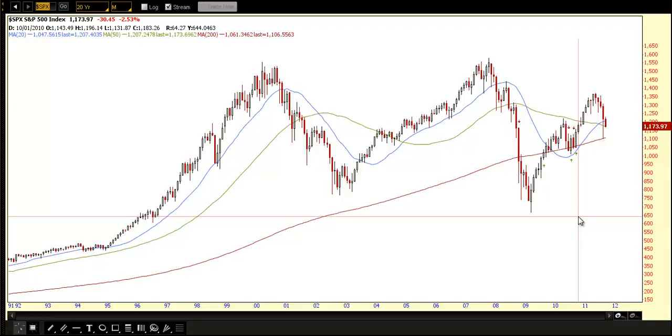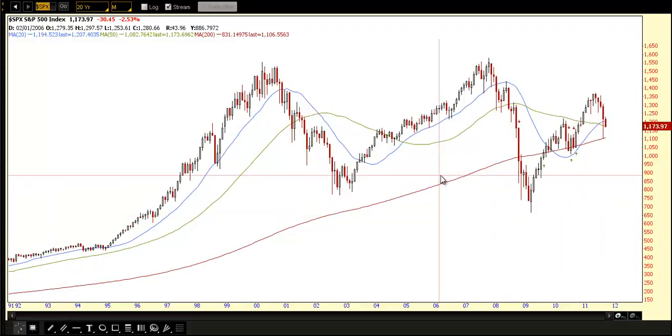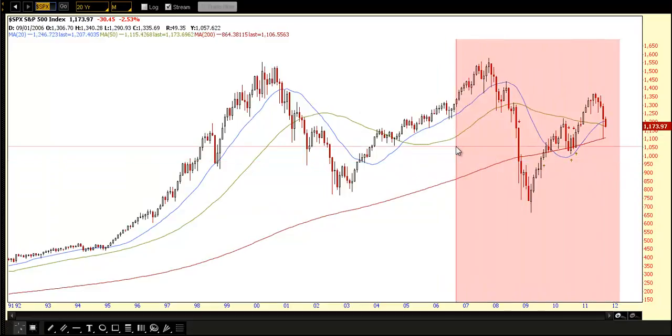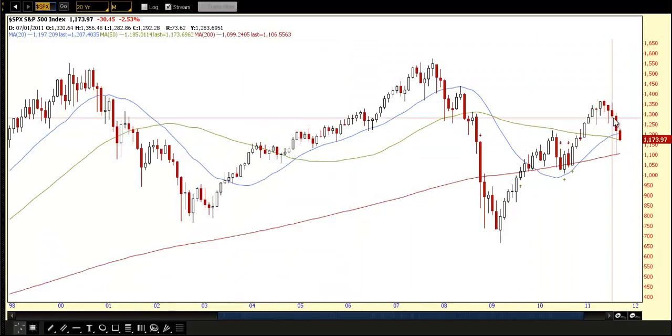Today is September 4th, 2011. We're looking at a chart of the S&P 500. This is a monthly chart, looking 20 years back here. So you can see that the August candle just closed, and there was quite a